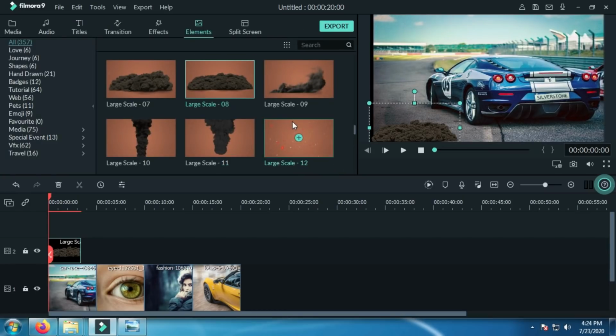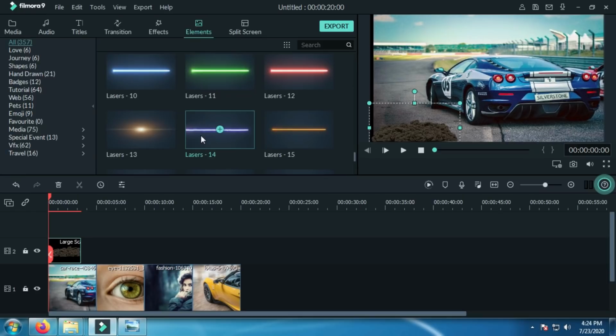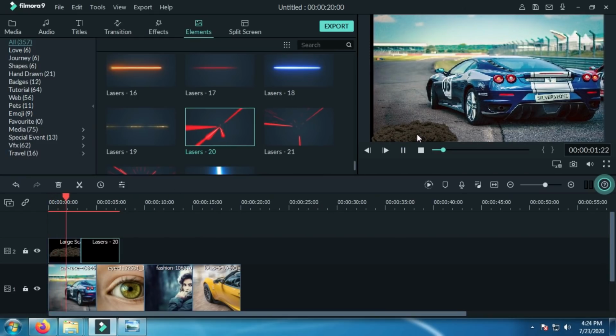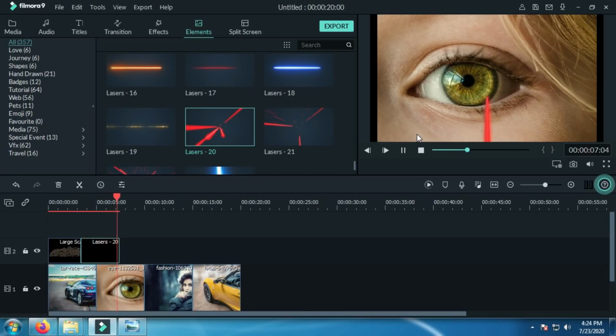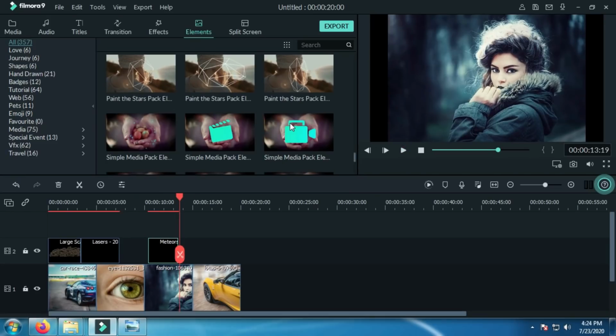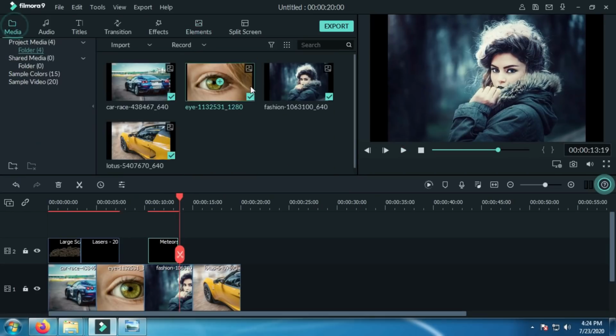Okay, I drop here and adjust the location. Okay, and I'm going to add some laser effect. See the smoke effect. This one is laser effect. I'm adding one more. See the effects.